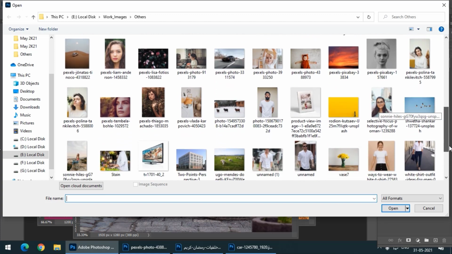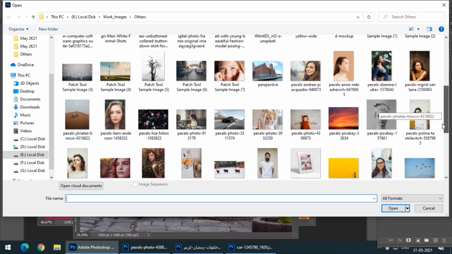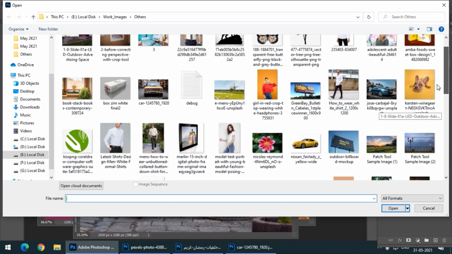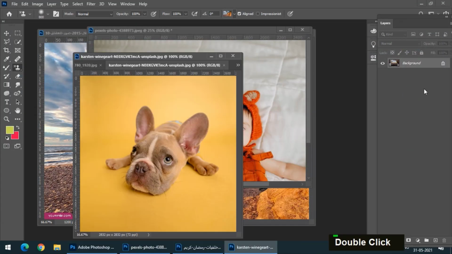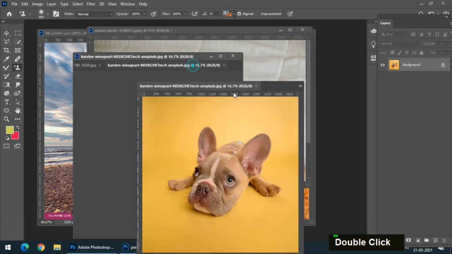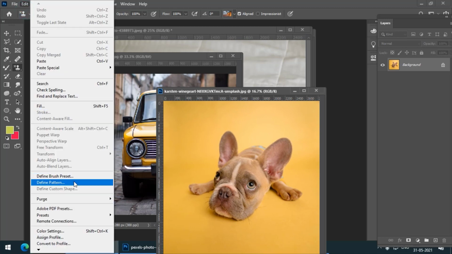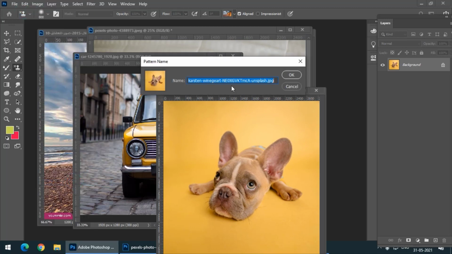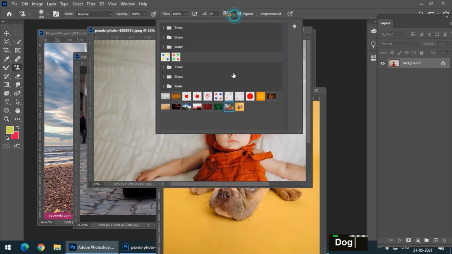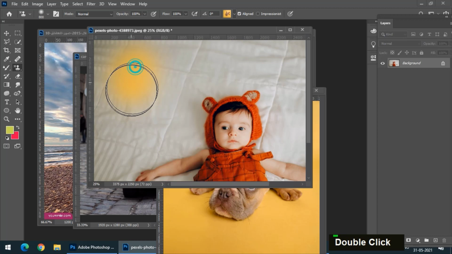What if I select, let me think, this doggy's image? This looks pretty good. Yeah, this might work. So define pattern, let me name it dog.